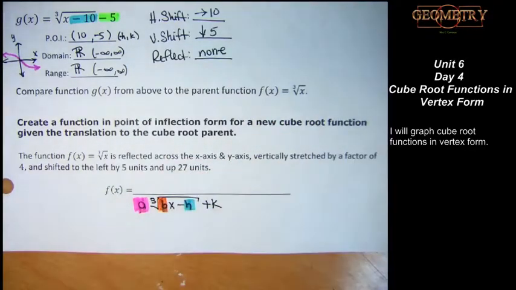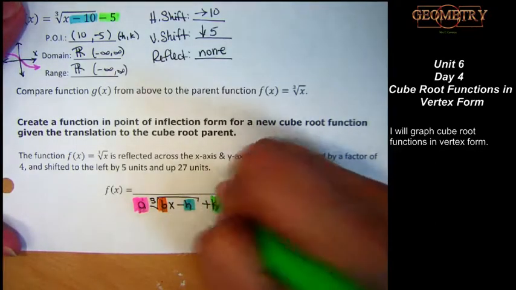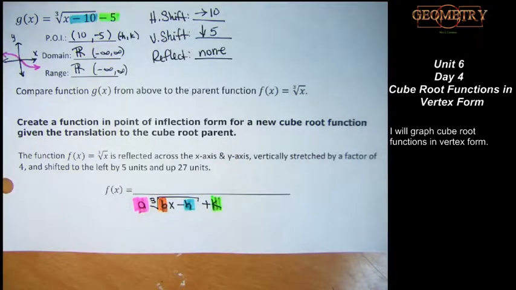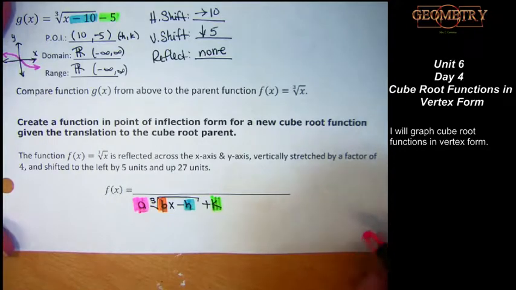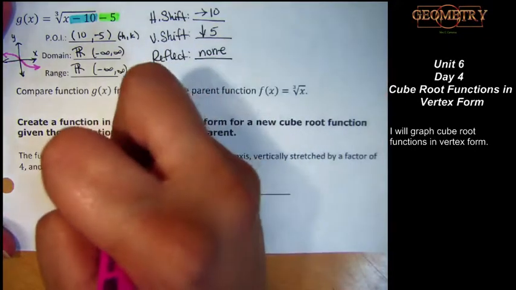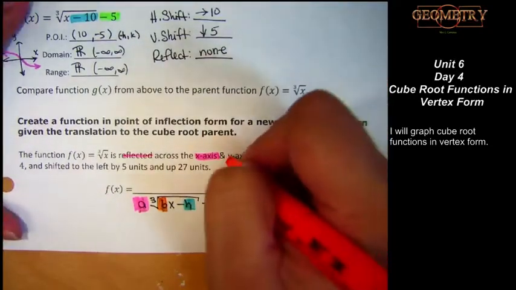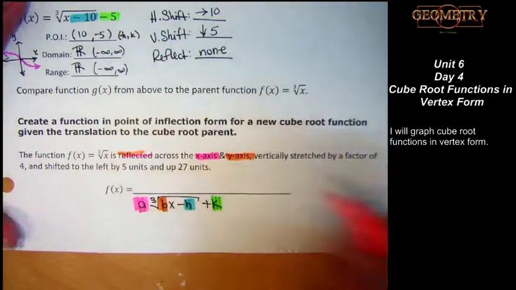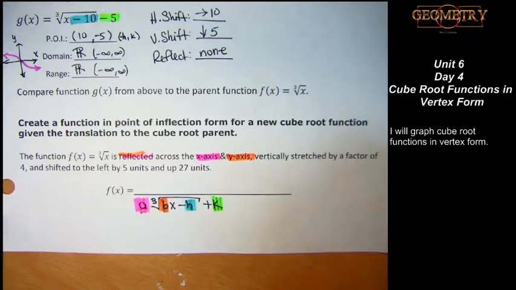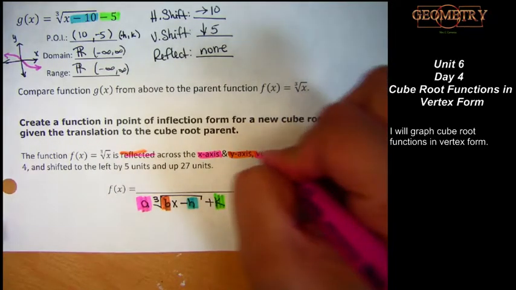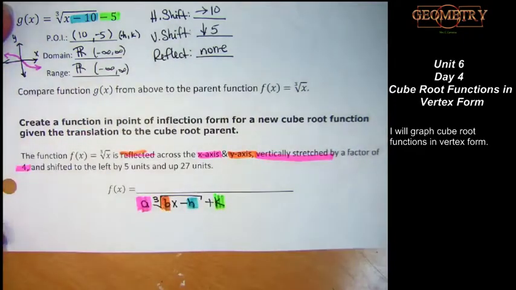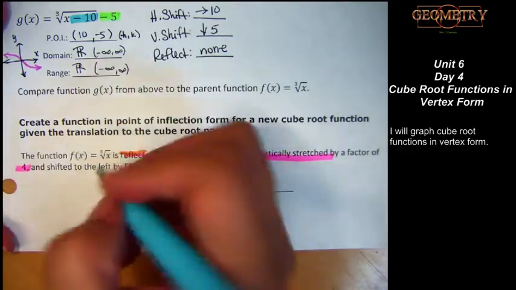This here is going to control some sort of shift left or right. And this out here controls some sort of shift up or down. Let's look at my description. My description says cube root of X is reflected across the X-axis and the Y-axis. So I have two reflections happening. It is vertically stretched, factor of 4. Shifted left,